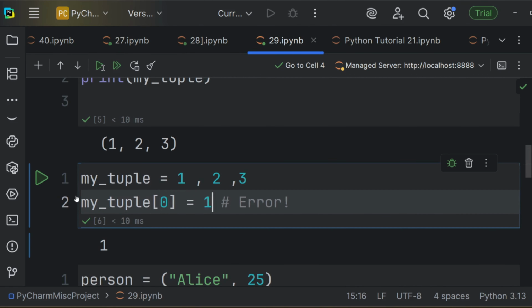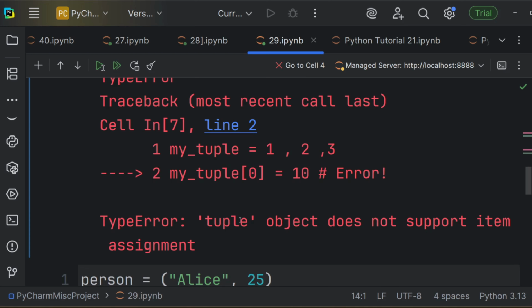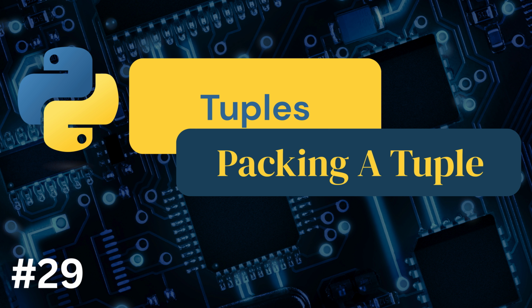Is equal to 10. Now when you run it, as you can see, it results in an error. Tuple object does not support item assignment. That is a very simple way of saying tuples are immutable, because once created, they stay exactly as they are.